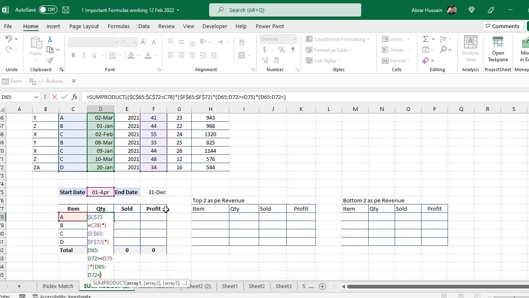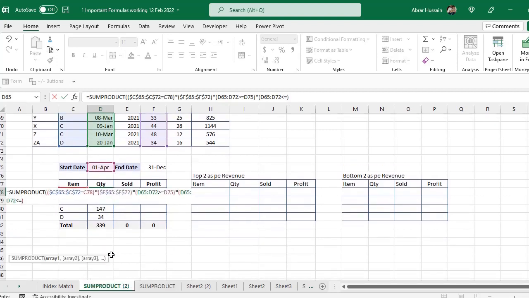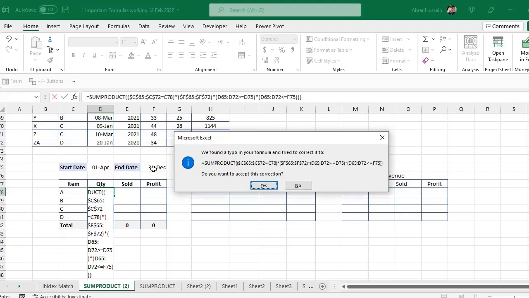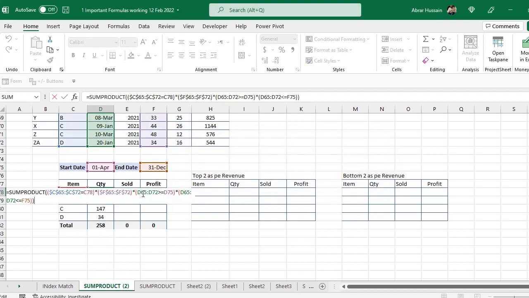After that, lesser than or equal to. Use lesser than or equal to this. And then small bracket close, small bracket. If you haven't closed all the brackets, Excel will automatically do that. Do you want to accept? Yes. And now here also the dates column that we have selected, we should lock the range of the date